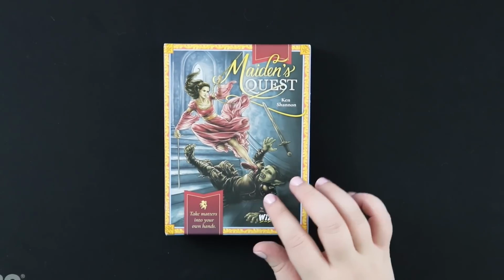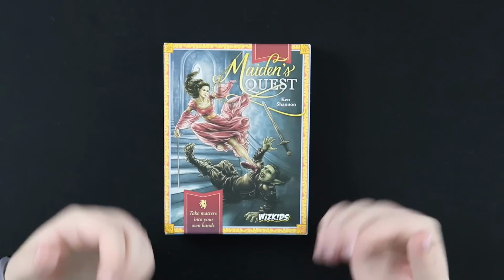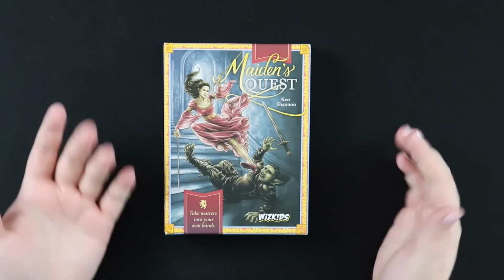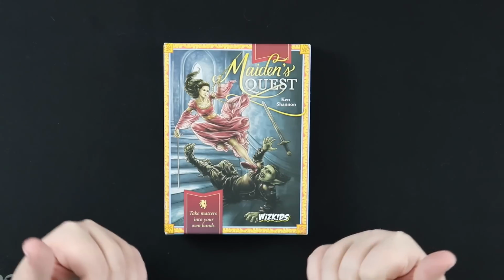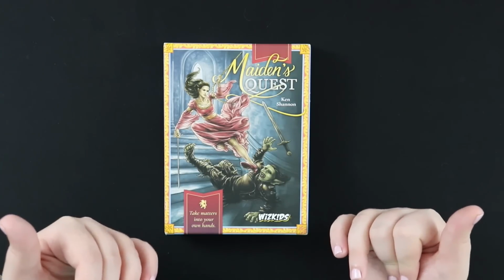Since your goal in Maiden's Quest is to escape the tower, what you're going to be doing is constructing a deck of cards that contain some cards that are helpful to you, and then some cards that aren't. So enemies, and then ultimately your captor, who are trying to keep you in the castle. So you want to get your cards upgraded that are good for you, and get your enemies defeated so you